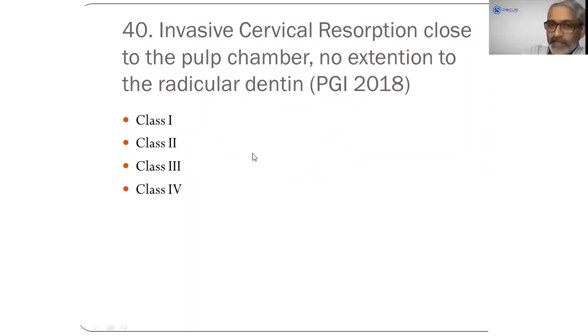A means invasive cervical resorption has just started. It has a very good prognosis. It has not reached near the pulp chamber. B means invasive cervical resorption started, but it has not entered the root, it's still in the crown, but it has reached almost the pulp chamber. Class 3 means invasive cervical resorption started from the coronal region, but it has extension into the root, but not beyond coronal 1/3. Class 4 is the invasive cervical